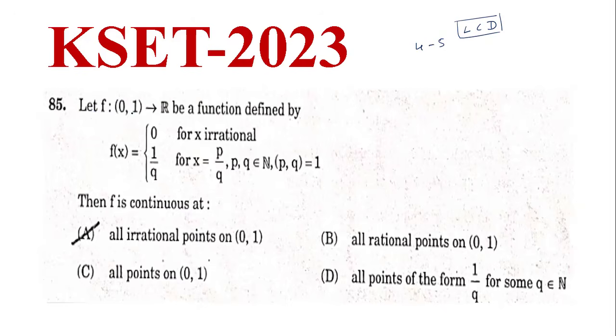Question is, let f from open interval 0, 1 to R be a function defined by f of x is equal to 0 for x irrational, 1 by q for x equal to p by q. Here p, q belongs to natural numbers and GCD of p, q is equal to 1. That means co-prime. Then f is continuous at